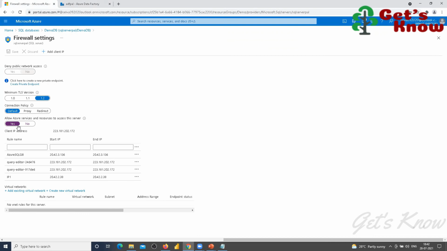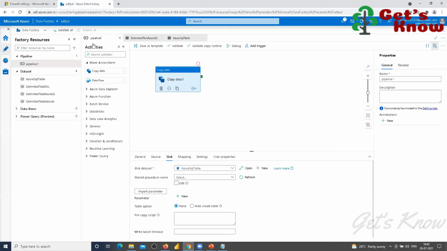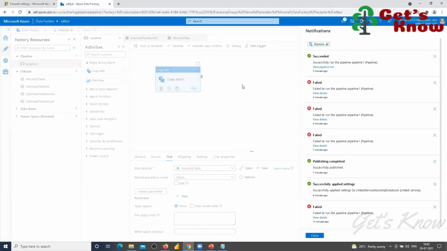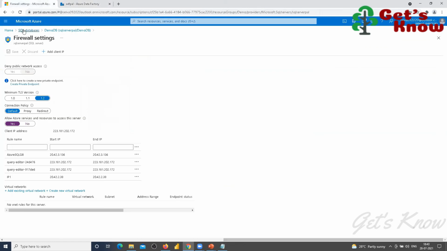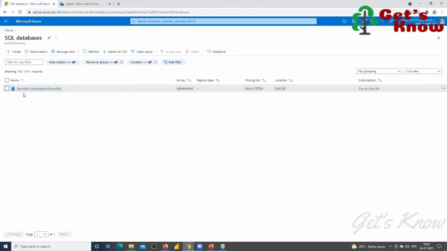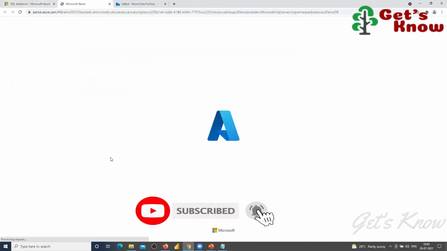So after enabling that, now we got the successful run. Now the data should be there in the database. So go to this database, open it and open the editor window.